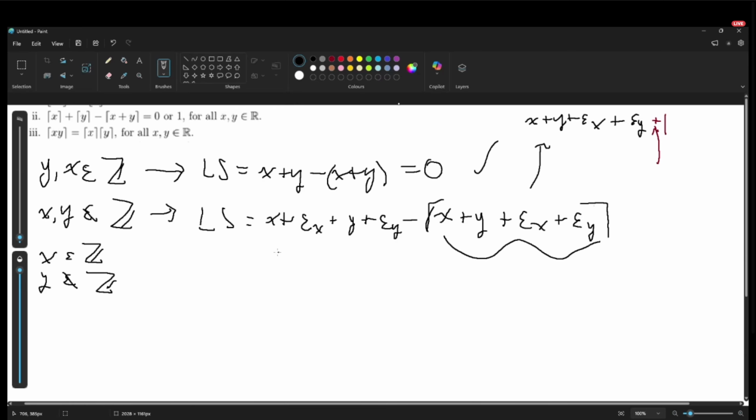In total, this ends up being either 0 or 1, depending on whether epsilon x plus epsilon y is